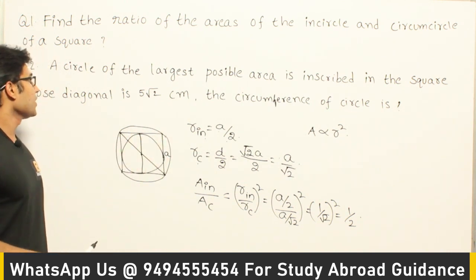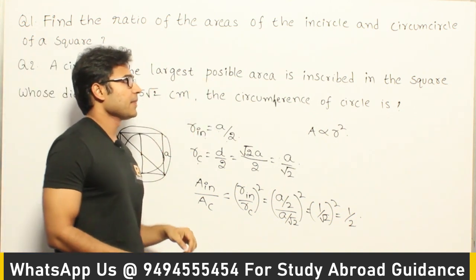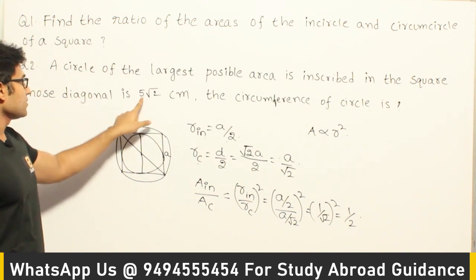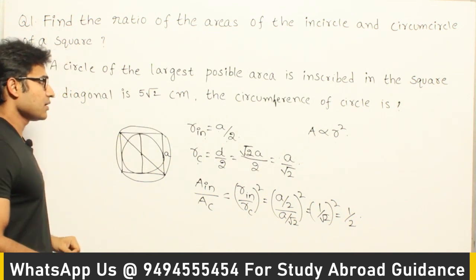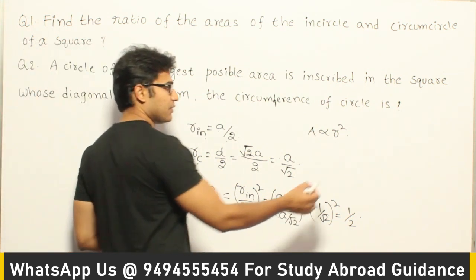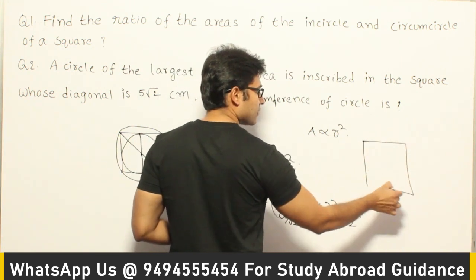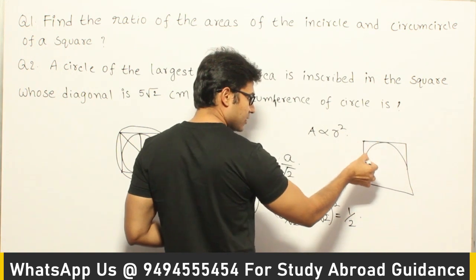Okay, fine. And next one is, a circle of the largest possible area is inscribed in the square whose diagonal is 5 root 2 centimeters. Then the circumference of the circle is. So they are saying that we have a square, and inside this square one circle is inscribed in such a way that it is having